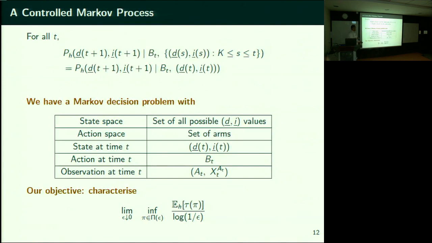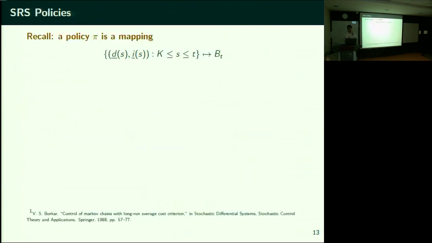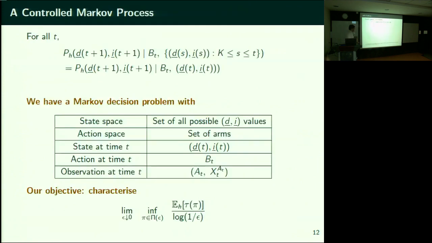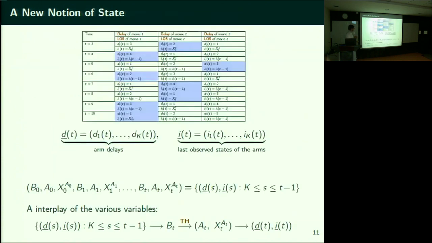We want to understand how much time we are going to take as a function of the probability of error. And we want to capture this growth rate in the asymptotics as your probability of error comes down to 0. Notice that there was this nice relationship that I pointed out. In order to specify a policy, all I need to do is specify this transition: given this, how do I select this? If I specify that, everything else is taken care of.